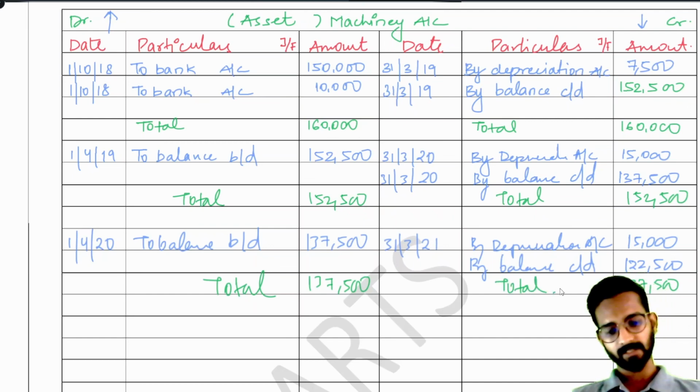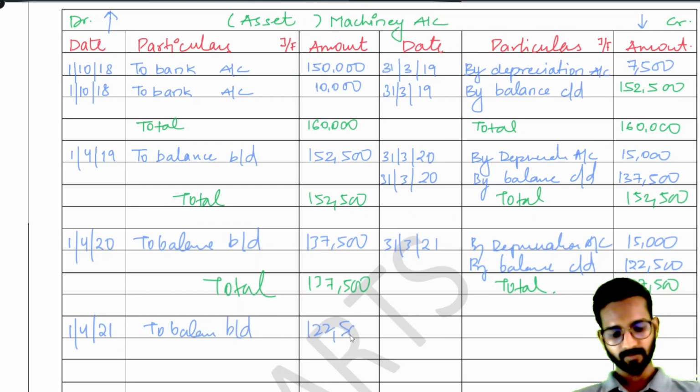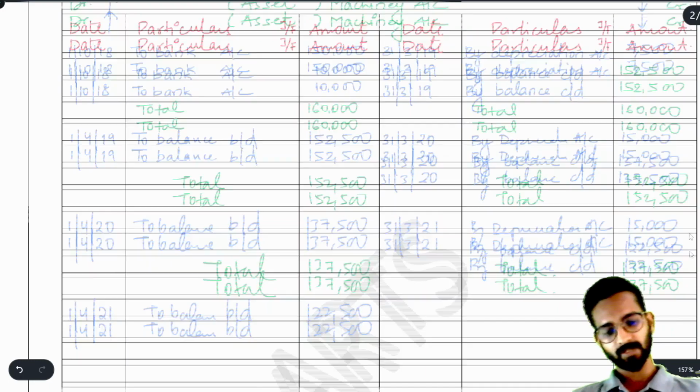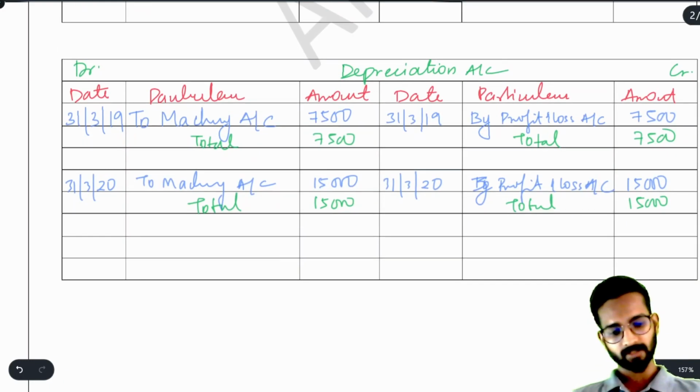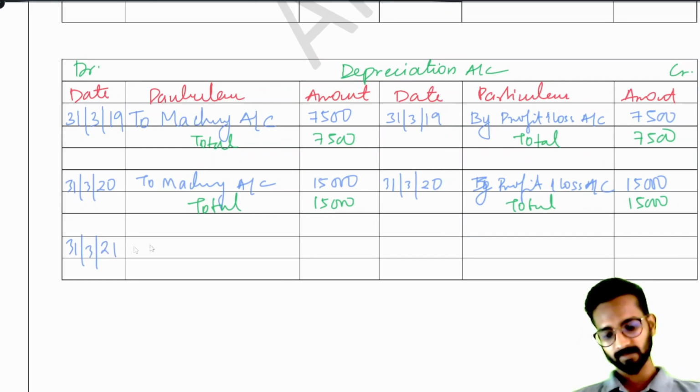Understood? So again, these are your 3 complete years. Then what you can do to be on the safer side, 1,421, you can just write here opening balance to balance BD, that is 122,500. Simple. And for the 3rd year also, we will write the depreciation year 31st March 21